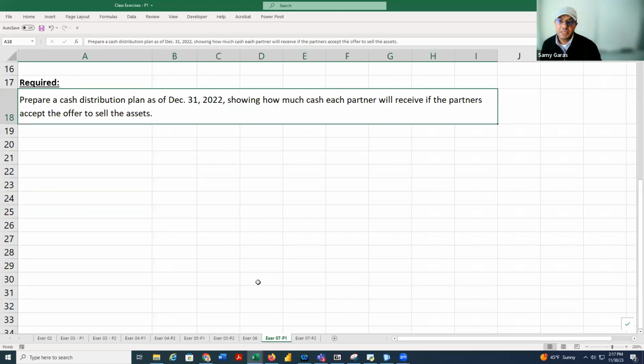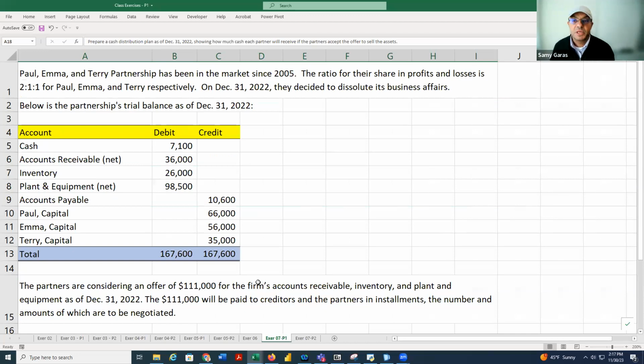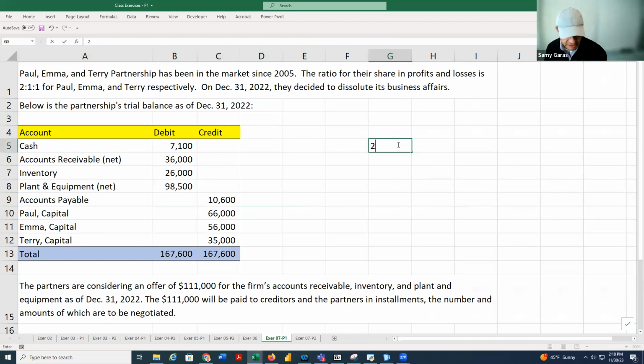The final example in this chapter, exercise 7, talks about 3 partners, Paul, Emma, and Terry, and they share their percentage of loss and profit 2 to 1 to 1. So we can make it like this, 2, 1, 1, a total of 4. So 2 over 4, 50%, 1 over 4, 25%, and here also 25%. And now they sold the assets of the company for